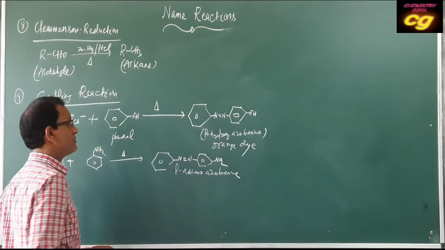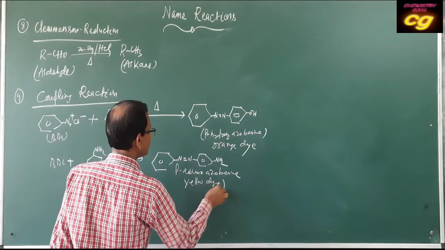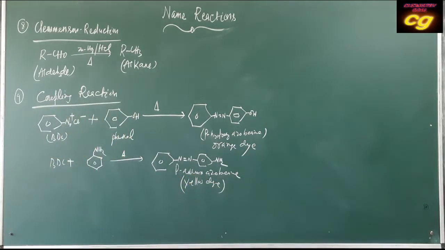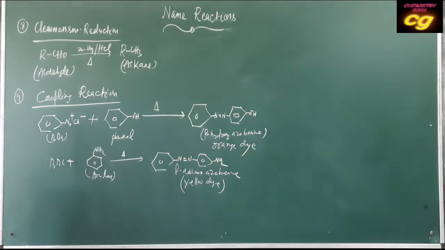Here, this is a yellow color dye. This is the difference between aniline and phenol. Okay. Then coupling reaction is number 9, then number 10,